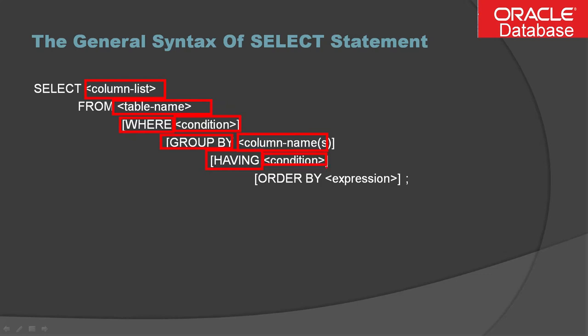And if you want to display your table in a specific order based on certain columns, then you can use the order by clause. Here in the expression you can specify whether you want records to be displayed in ascending or descending order. So this is basically the general syntax of the select statement. The select statement can be used to display many things. You can display some or all of the columns, some or all of the rows. You can also use the select statement to display calculated values from the table, or statistical information like the average or sum of the column values, etc.